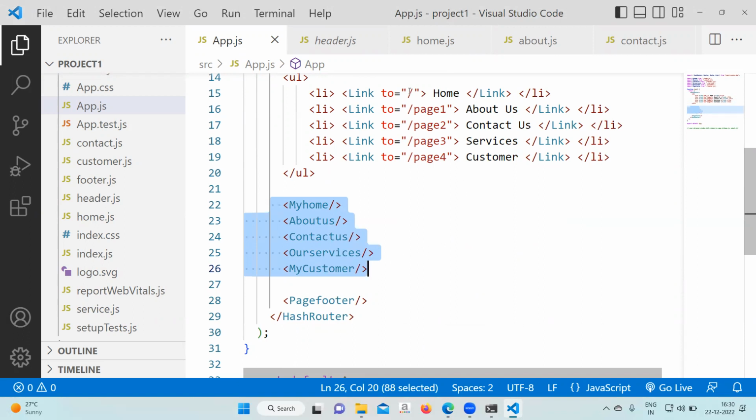Now see, in browser URL only slash, then which page should come? My home component should load. In browser URL page 1, then about us should come. In browser URL page 2, contact us should come. Page 3, then service should come. Page 4, then customers. Correct? To add that condition,